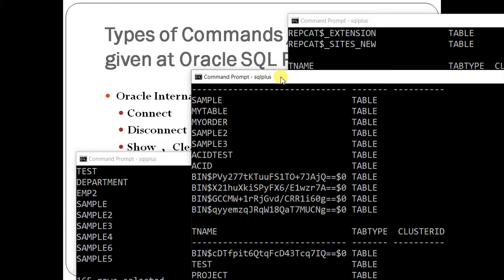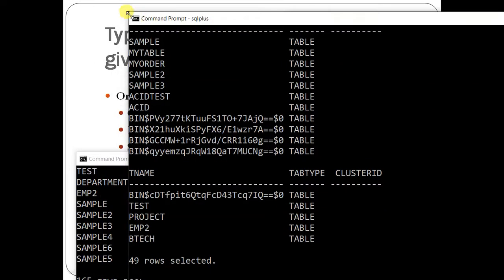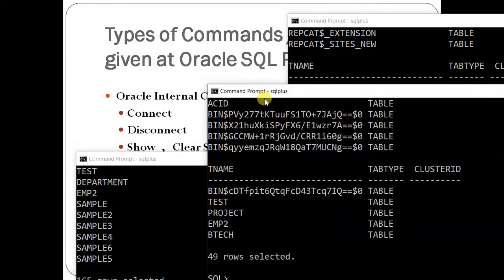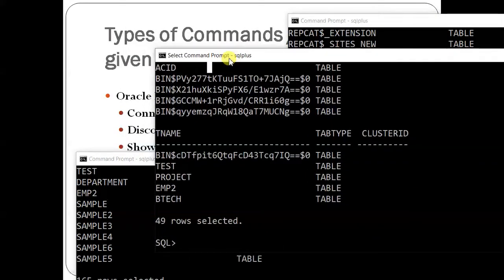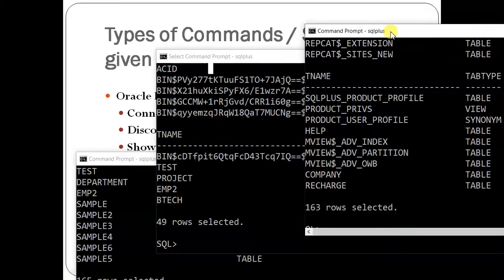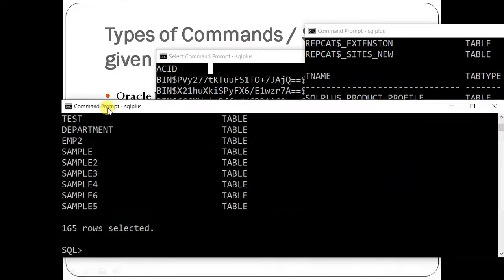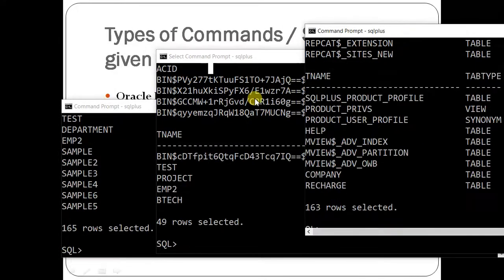So what you can see, there are 49 rows. So in Oracle you can have thousands of users, and every user can have thousands of tables. Okay, you can see now three things are visible to you: 165, 49, 163. Even I have more than 50 users in my laptop, and every user has hundreds and thousands of tables.